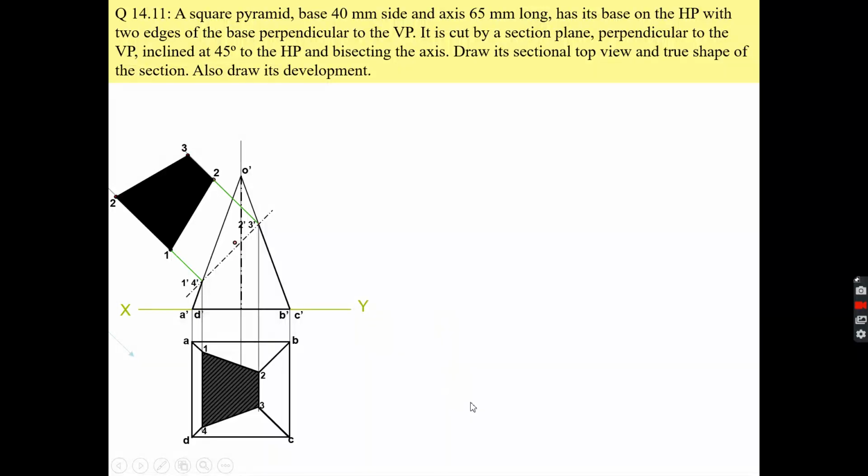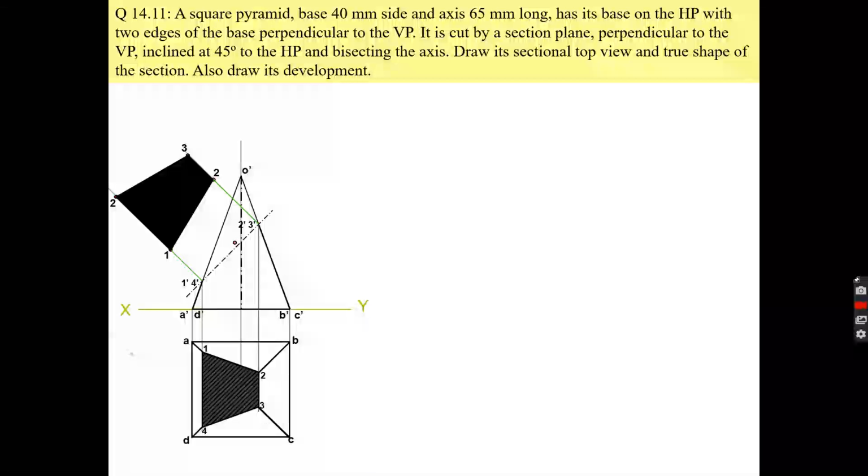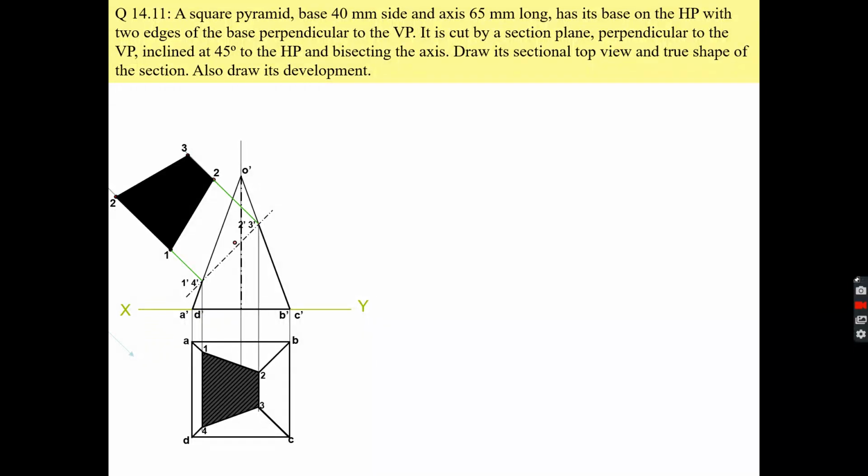After marking that, I will draw the sector of the circle, and after drawing that, I will measure the base width from the top view, because the true shape is showing in the top view of the solid, and I will cut the arc on the sector of the circle, and I will make the development part of the whole solid first, and after that I will measure the distance of the points 1, 2, 3, 4 from the point O,